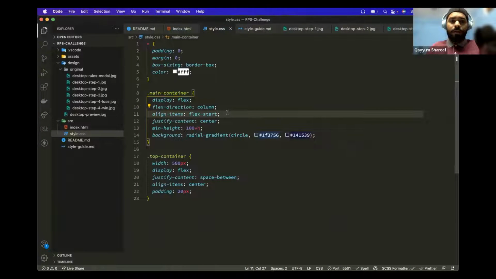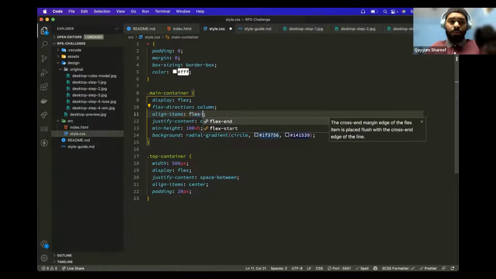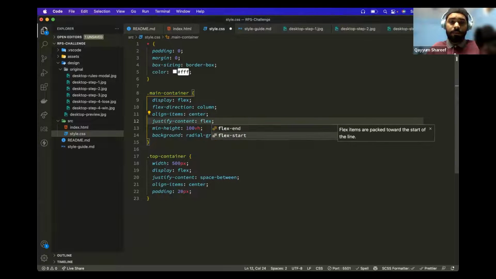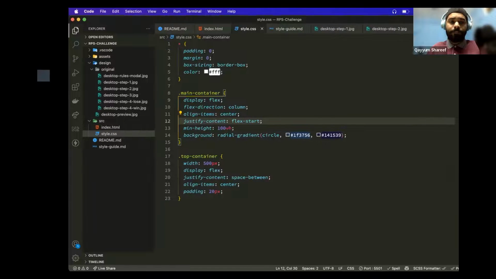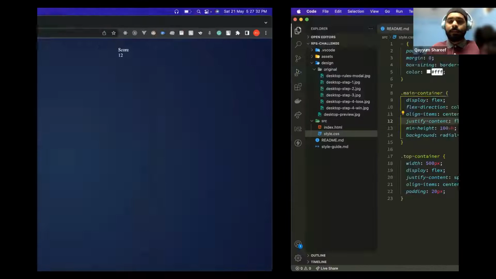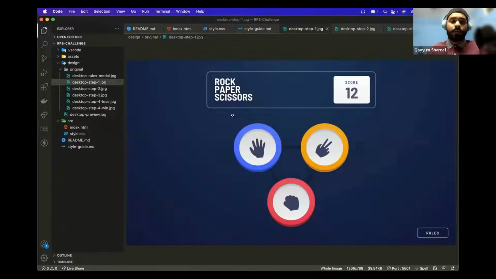Change it to flex start. Okay, seems like we need to change justify content. So there we go. We got the top bar, but let us see how it is looking in our step